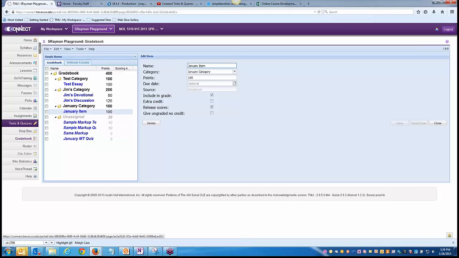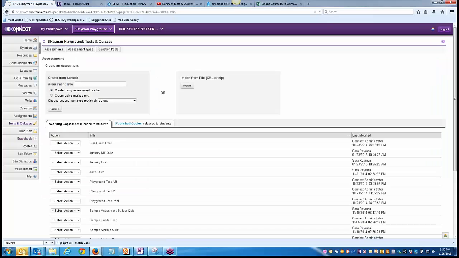But for tests and quizzes, I don't have a January test and quiz set up within this gradebook. If I were to go ahead and create a new item right now in order to create a test and quiz to tie it to the gradebook, I can't, it's going to tell me that I already have a gradebook item set up for that test and quiz. So I don't want to create it in the gradebook. I want to go over to tests and quizzes,